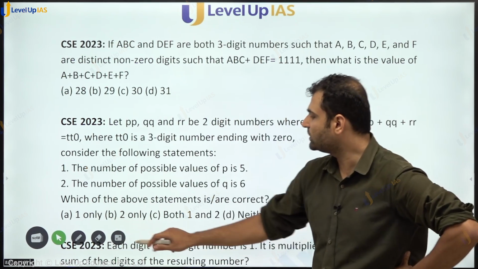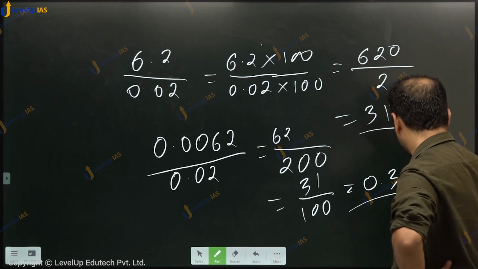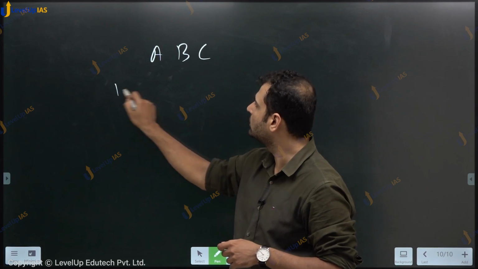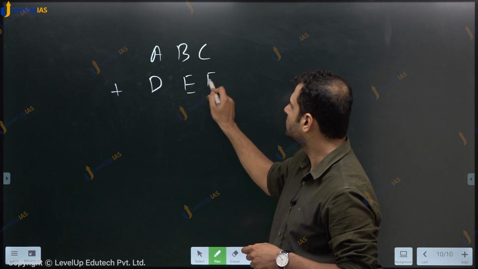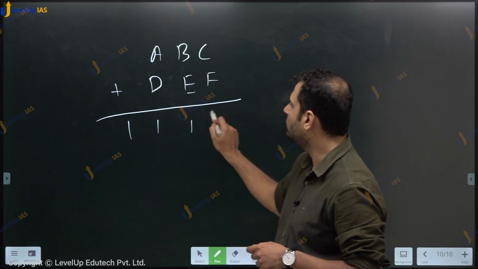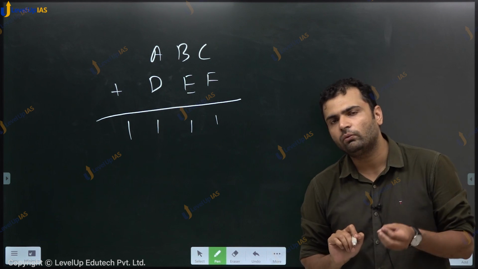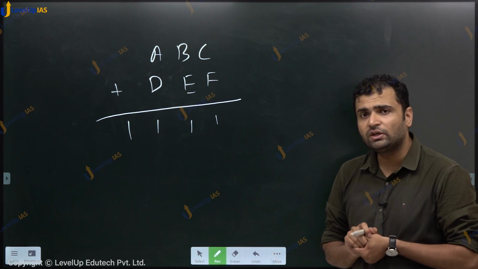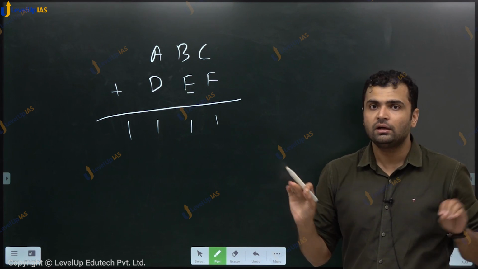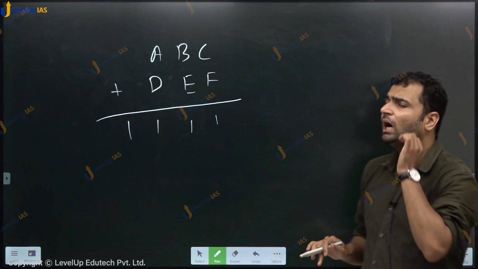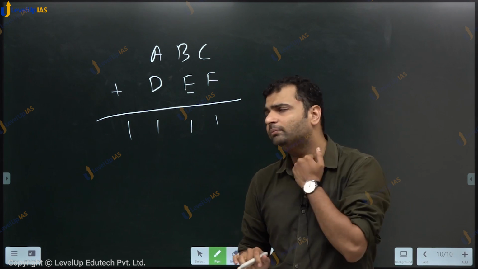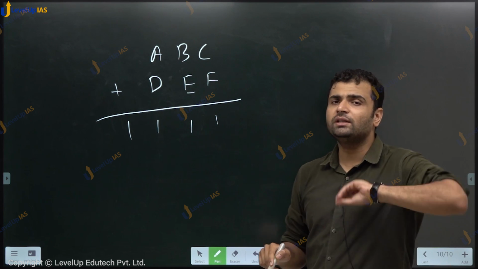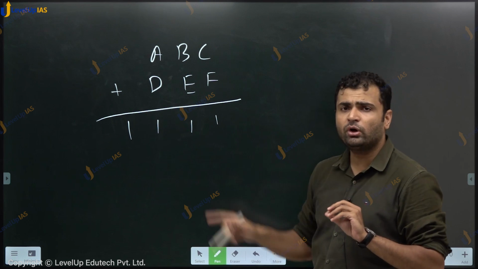Let us write this ABCDEF in our usual addition format. तो मतलब ऐसे लिखते हैं ना, ABC plus DEF is equal to 1 1 1 1. What we are given is that these are non-zero and distinct. अलग अलग है और zero नहीं है इनमें से कोई. अब what if you remember how we add units places C plus F, तो 1 आ रहा है. How can this 1 come? This 1 can come from 1 or 11.